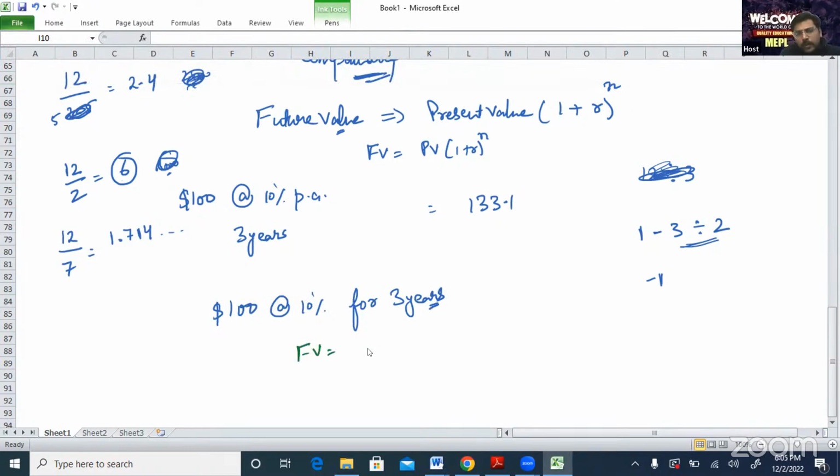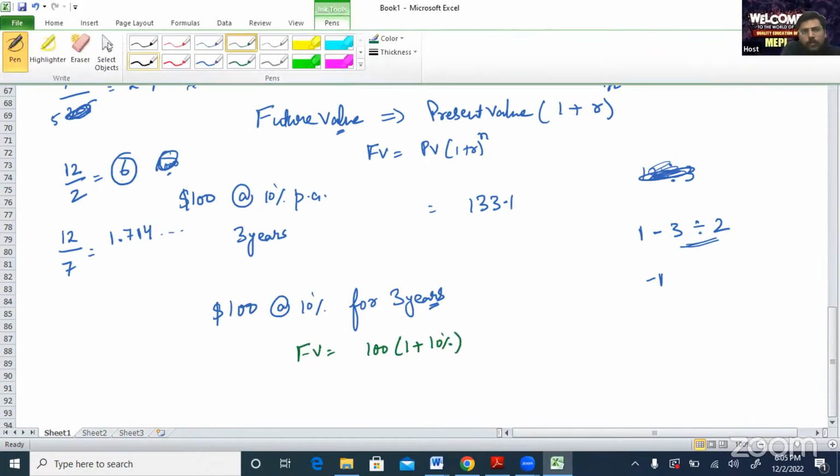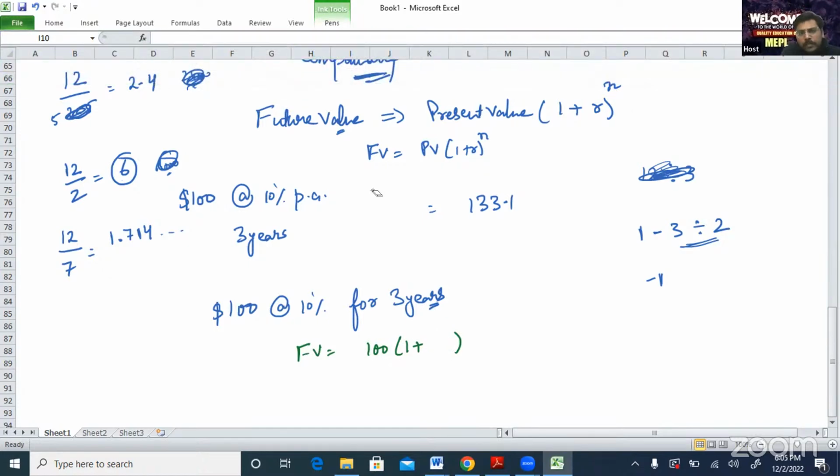My future value is 100, this is the present value, times 1 plus 10% raised to the power 3. Because this is 10%, I can take 0.10. So that is the equation. Because I have already activated the algebraic operating system, it is easy to do. So I turn on my calculator, then press 100